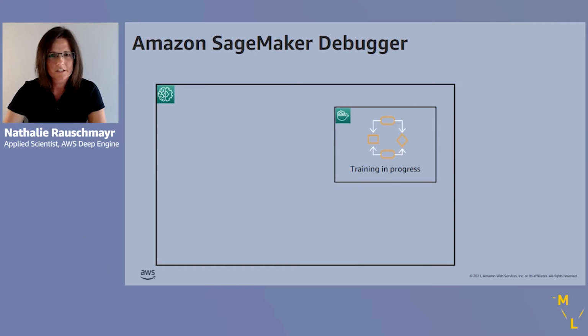Let's take a look at the architecture. When you run training on Amazon SageMaker, the training is running inside a training container. Debugger will now ensure that the tensors that you have specified will be automatically emitted to your Amazon S3 training bucket. If you run your training with built-in rules, then SageMaker will automatically spin up the rule containers that run on a separate instance. This means that the rule analysis does not interfere with the training. You can specify multiple built-in rules that run in parallel.